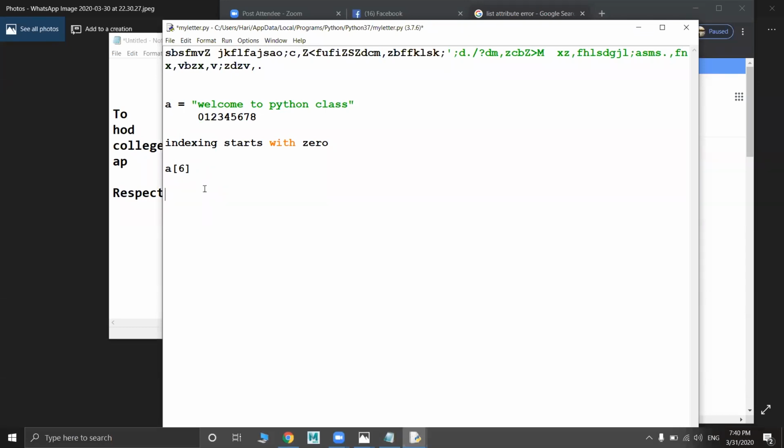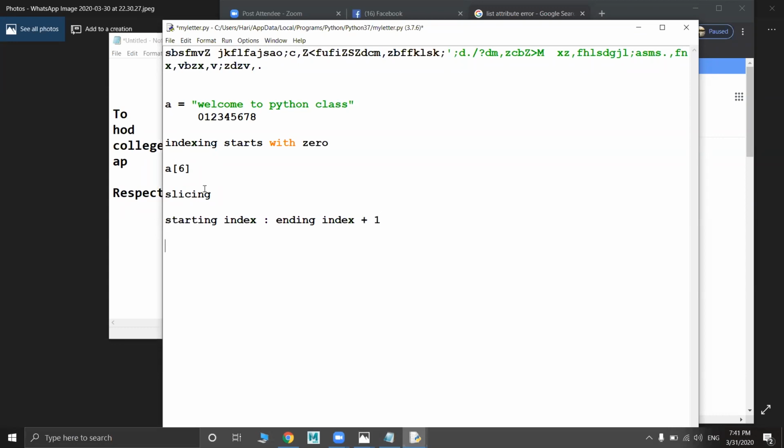Now if you want to call some word, you use the slicing concept, right? The slicing syntax is starting index, colon, ending index +1, right?